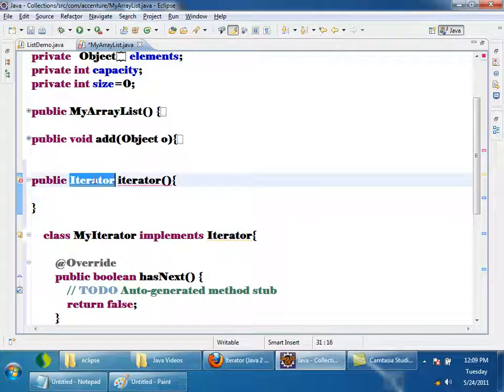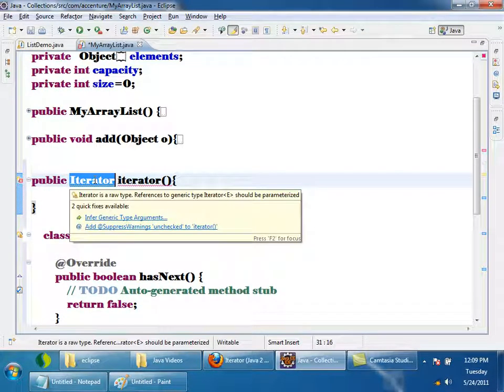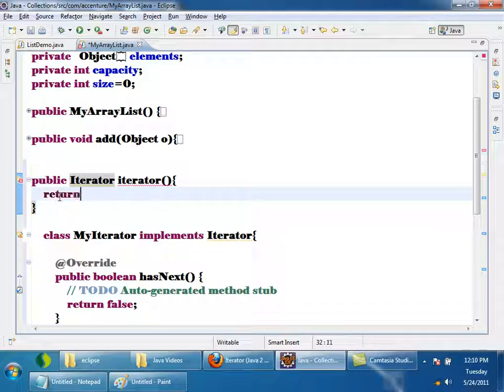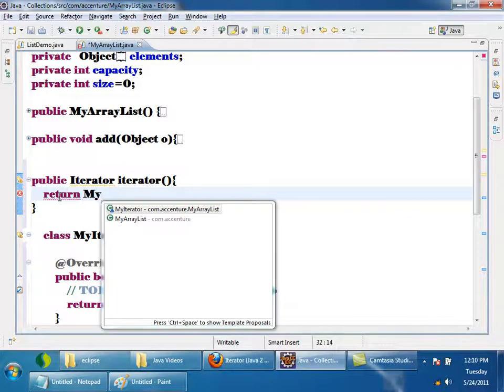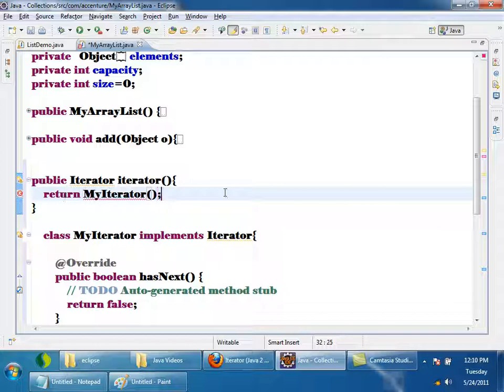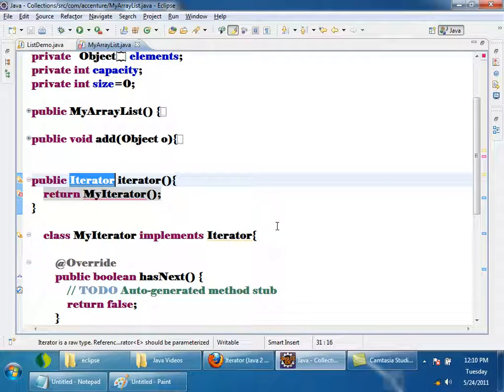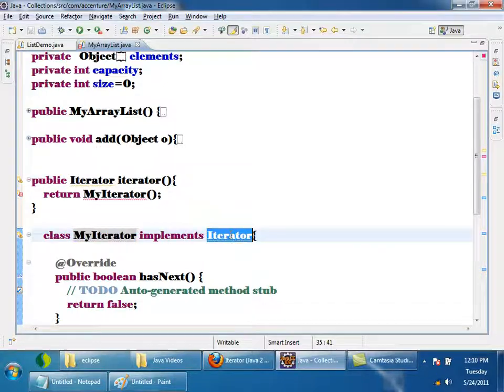See, Iterator is an interface. If a method is returning an interface type, can I return its implementation? Yes. See here, I'll just return new MyIterator. So if the method return type is Iterator, I can return any implementation of it. Here I am returning MyIterator because MyIterator is implementing Iterator. Why is it giving an error?